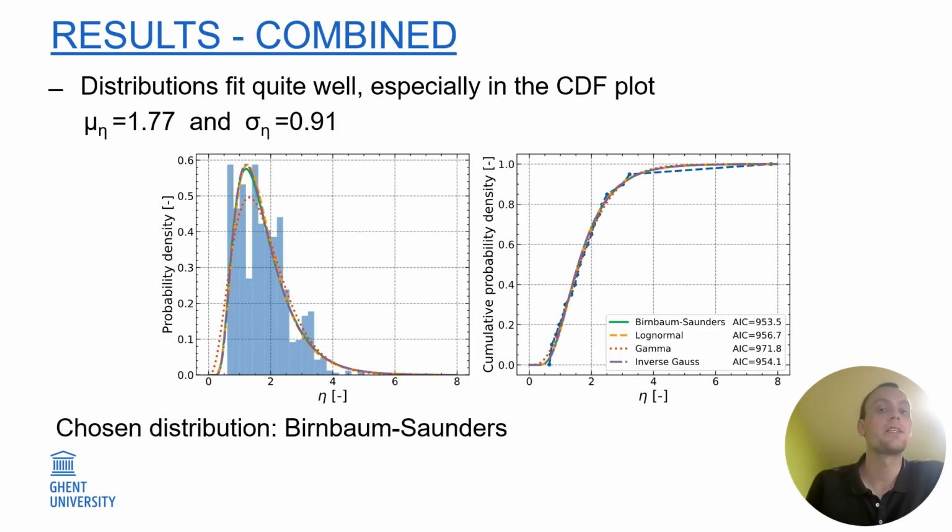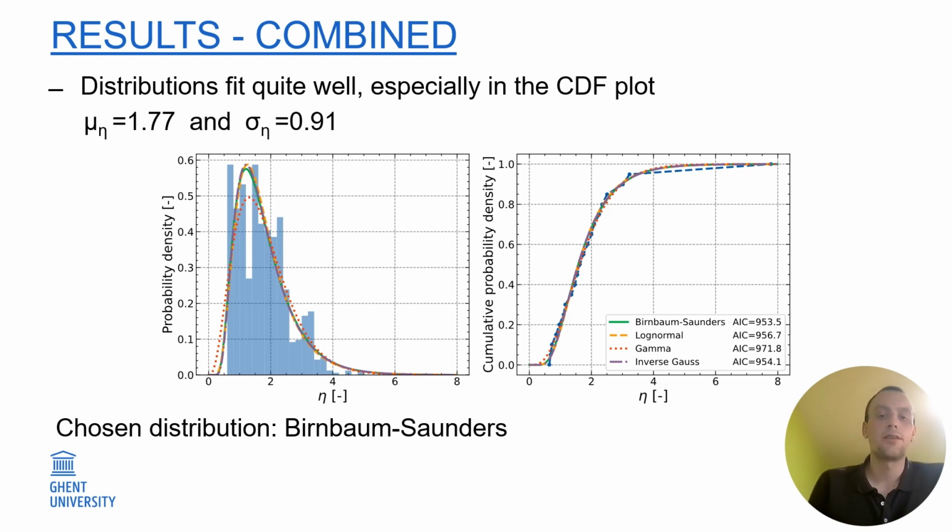For convenience, we decided to combine the datasets for protected and unprotected sections into a single dataset so that later on we can use one stochastic correction factor in an application example. And we found that by combining those datasets, we now have a mean of 1.77 and a standard deviation of 0.91. Looking at the AIC values of the distributions that we tried fitting on this data set, we can see